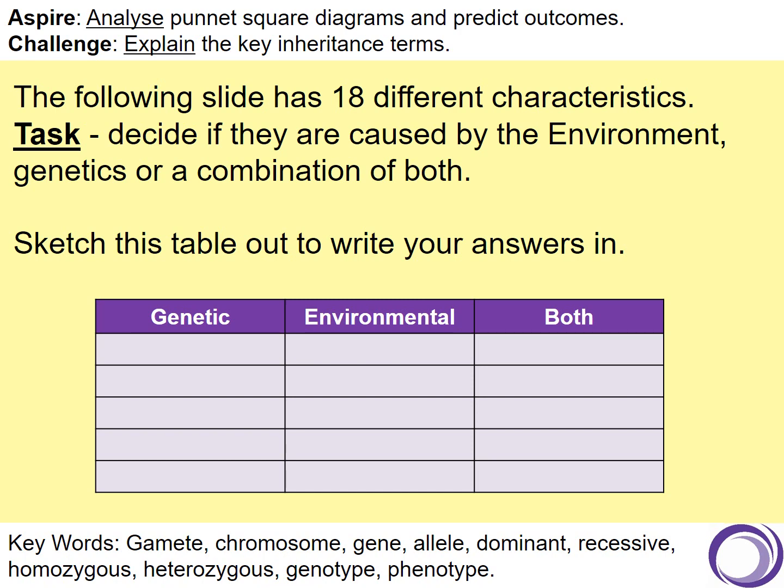And in a minute, I'm going to show you the 18 characteristics, and you've got to put them in one of the 3 columns. If you think they're caused by the genes you inherited from your parents, obviously they go in the genetic column. If you think they are caused by your surroundings, they go in the environmental column. And if you think they could be caused by a combination of both, they can go in the both column. Okay, so just sketch it out very roughly, or just make 3 separate lists on your paper. It doesn't have to be beautiful. If you want to pause the video, if you want to just make your tables a little bit tidier,